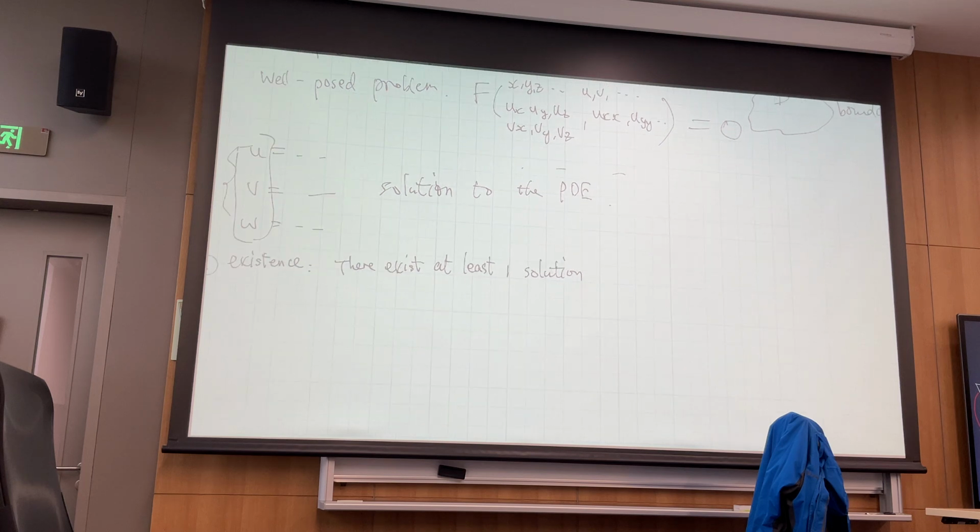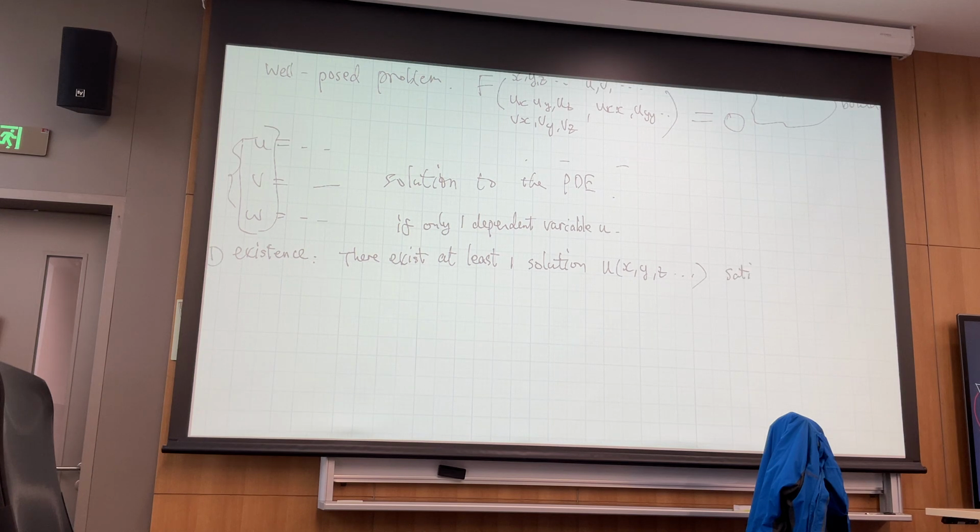Then in this case, if only one dependent variable U, there exists at least one solution U, including x, y, z, all the conditions, such that it